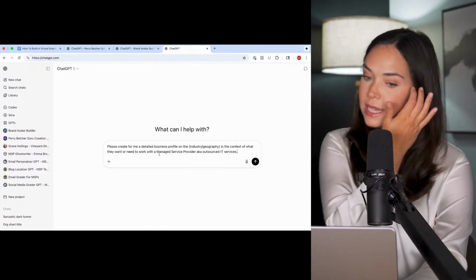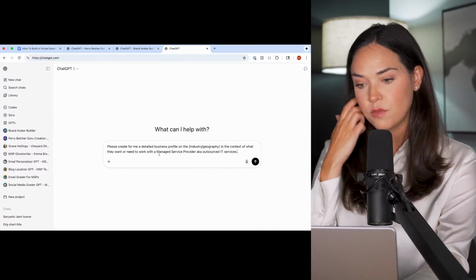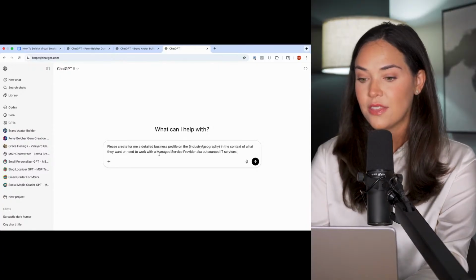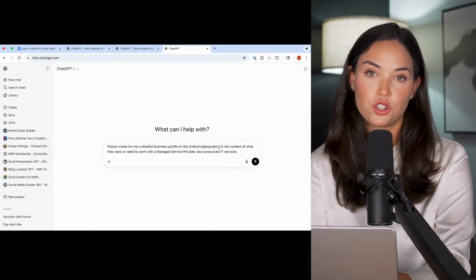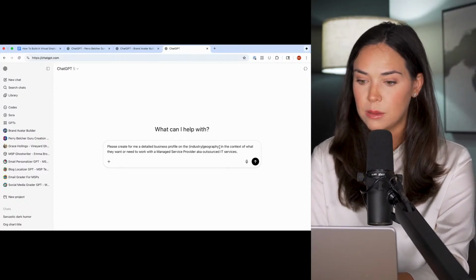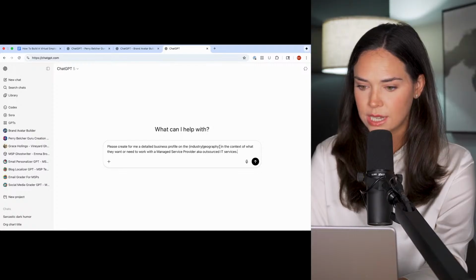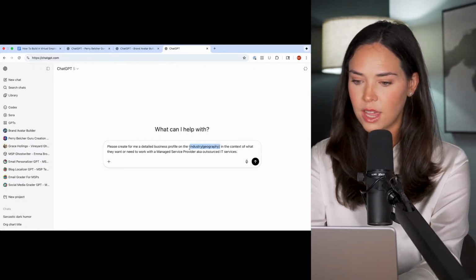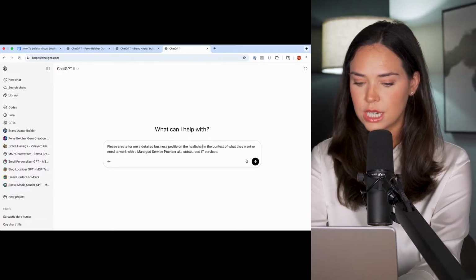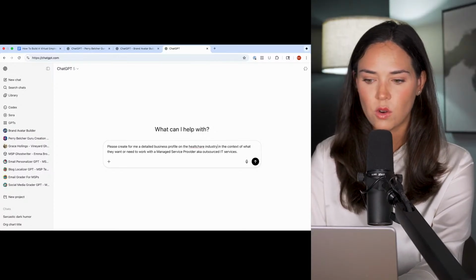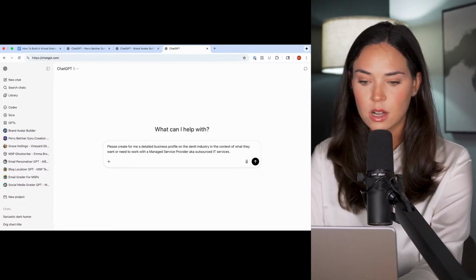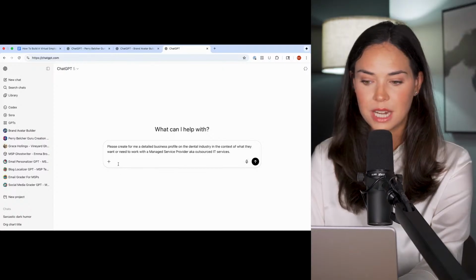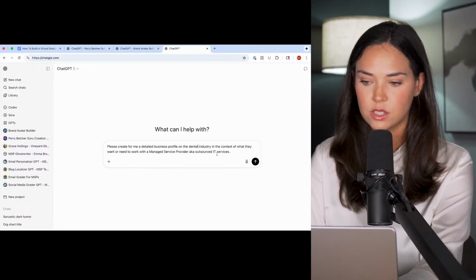So where this says, create for me a detailed business profile on the industry/geography, that is going to be whatever industry you are using your bot for. I'll change this out for the healthcare industry. Maybe I'll even go further down with that and do dental industry, in the context of what they need or want to work with a managed service provider, aka outsourced IT services. So I'm going to send that through on ChatGPT,